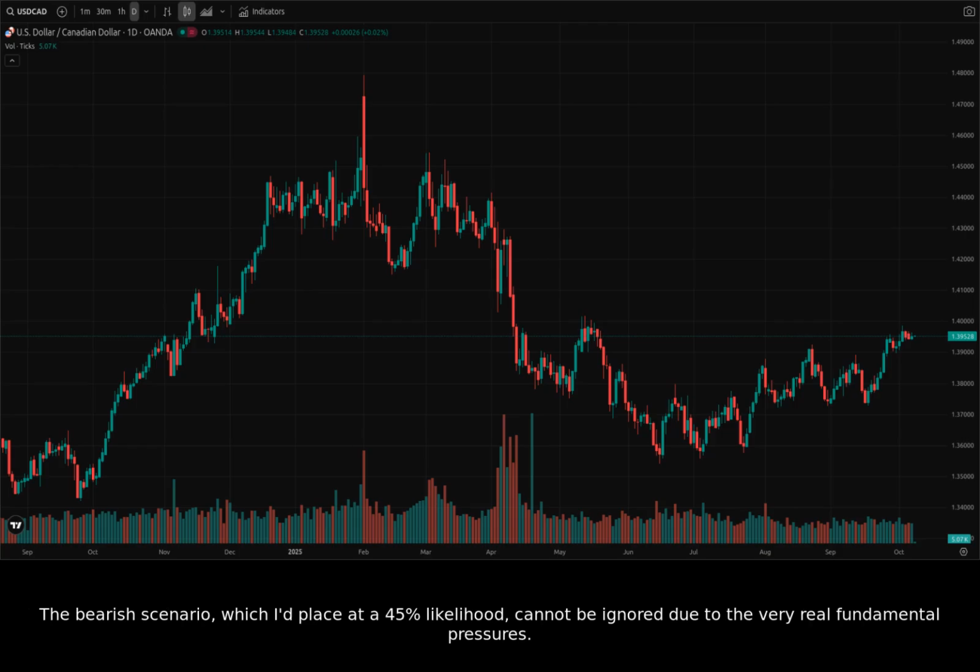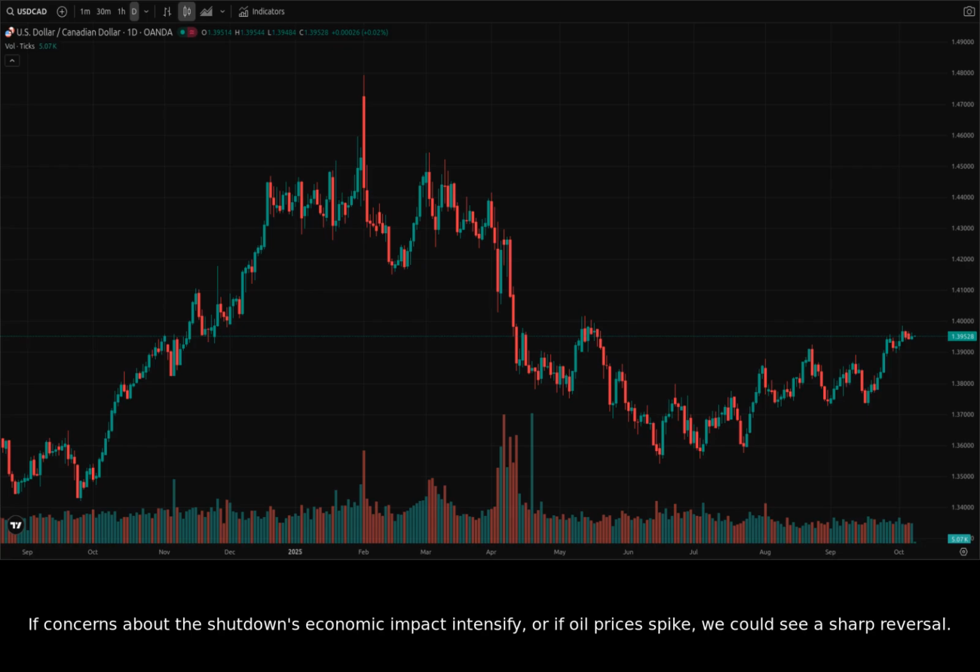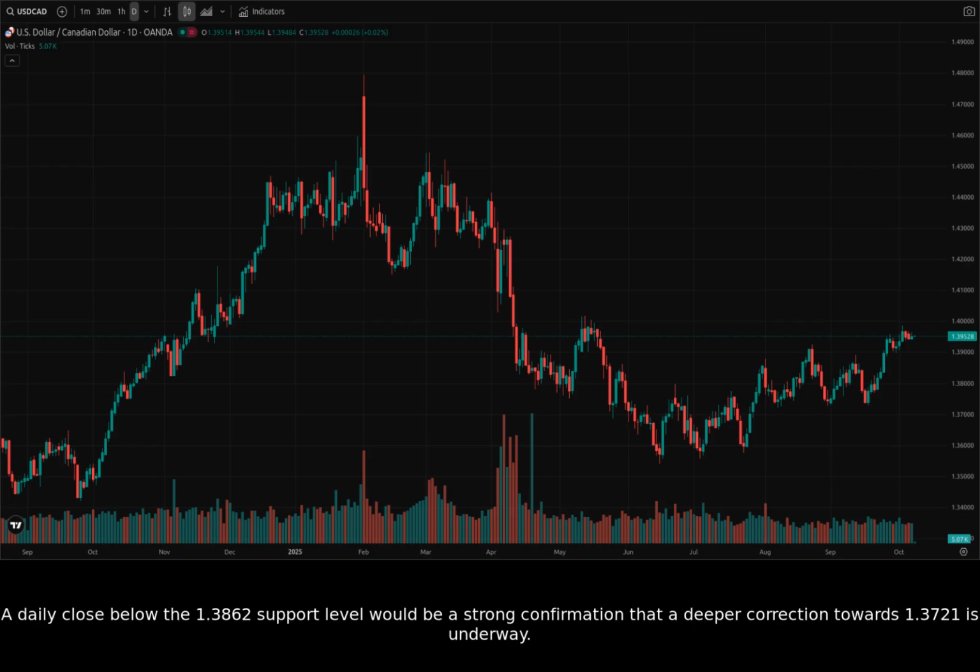The bearish scenario, which I'd place at a 45% likelihood, cannot be ignored due to the very real fundamental pressures. If concerns about the shutdown's economic impact intensify, or if oil prices spike, we could see a sharp reversal. A daily close below the 1.3862 support level would be a strong confirmation that a deeper correction towards 1.3721 is